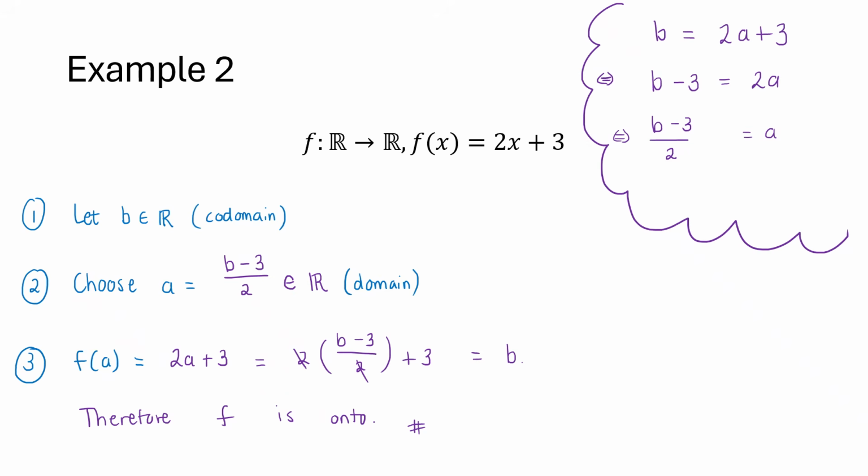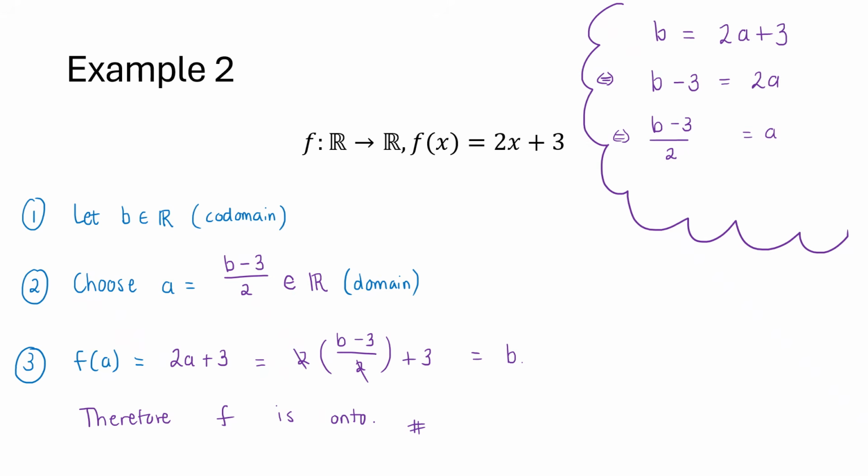A lot of students every year will tell me that we will be able to do this process for any type of function. So if we always reverse it, we will always be able to find an A. Because we reversed it like that, if we plug A into the function, it will always take us back to B. So we can use this method to prove any function is onto, even if it isn't. So with something like this, we need to actually be very careful,